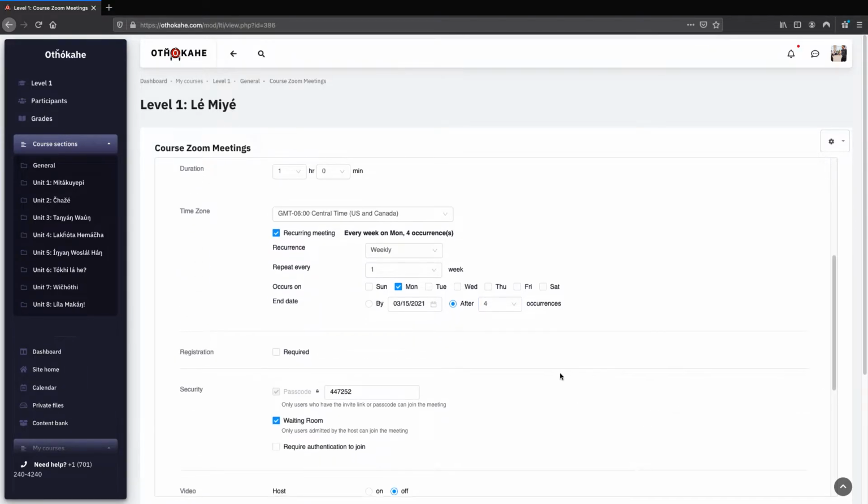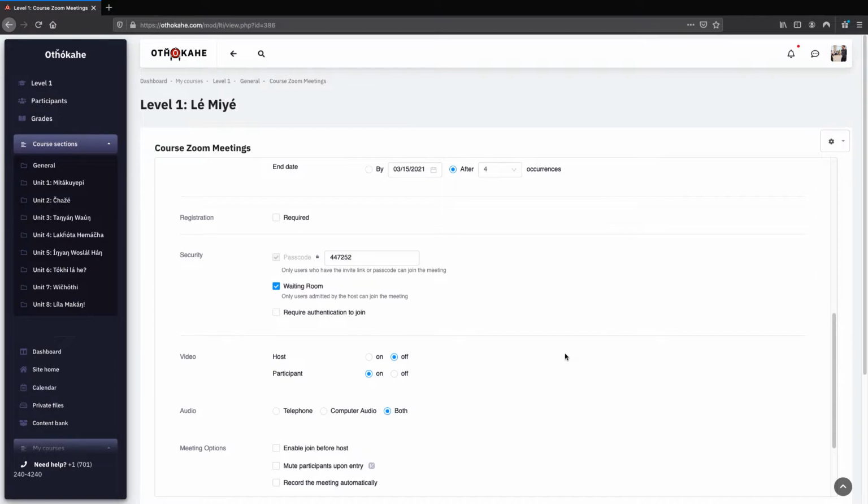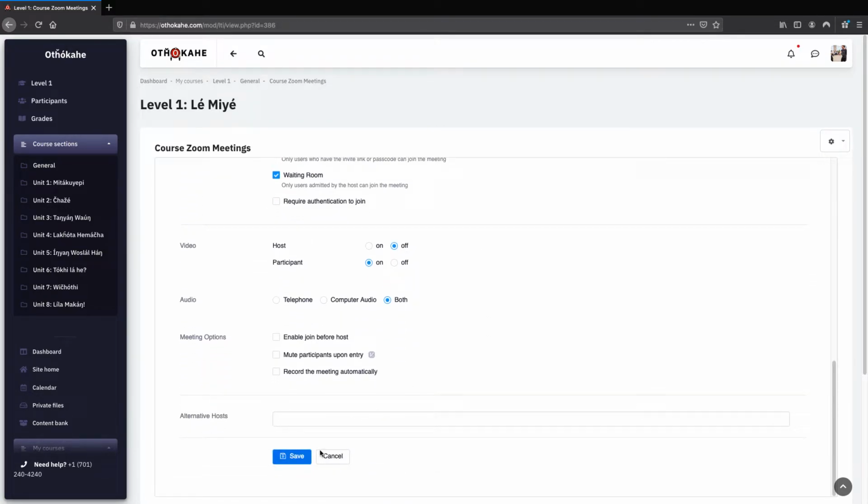Most of the other settings you can leave as default, but feel free to adjust them as needed. For example, if you don't want students to be admitted from a waiting room before entering the call, you can just uncheck that box. So click Save,